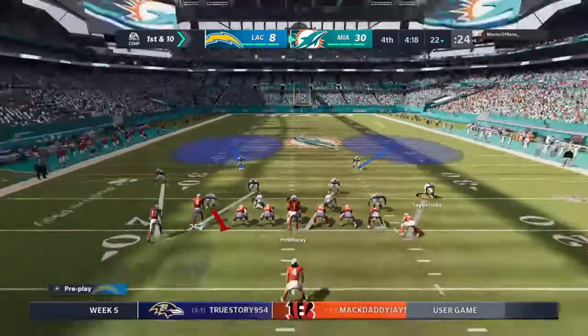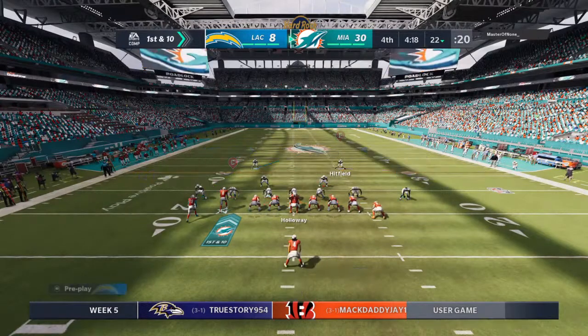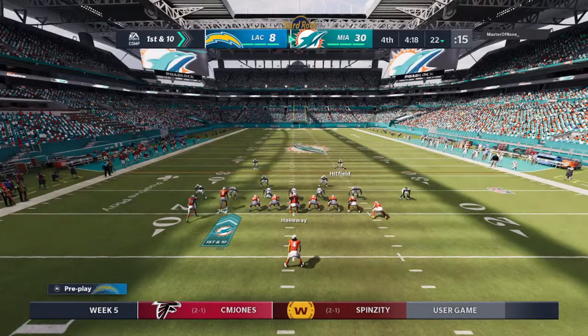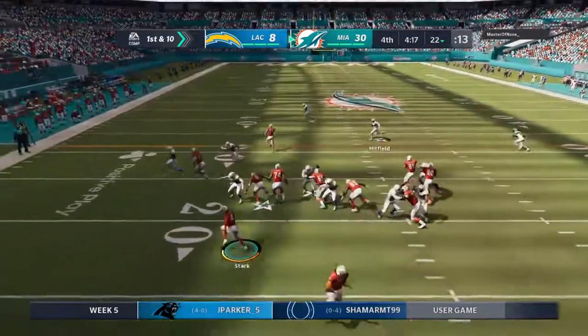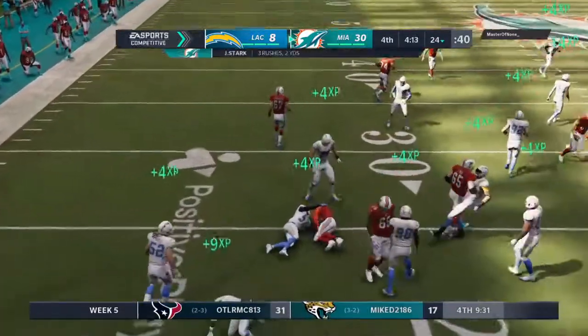First down Miami as they get set to start the drive. An opportunity for them to salt this game away after that 4th down stop we just witnessed, as they hold a commanding 3-score lead in the 4th quarter. On first down, Stark. And a short gain there as he'll get it up only to about the